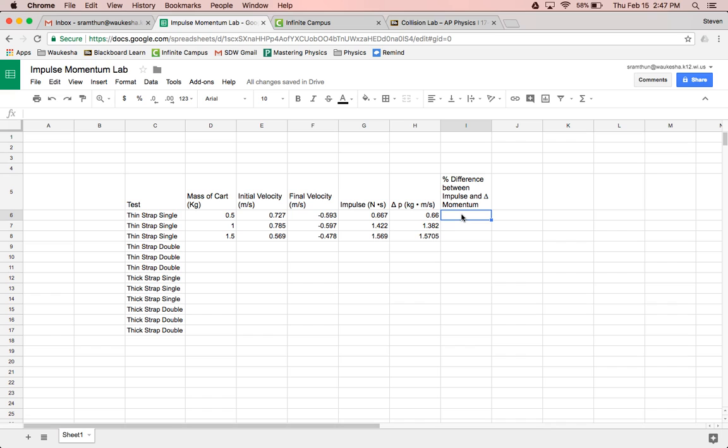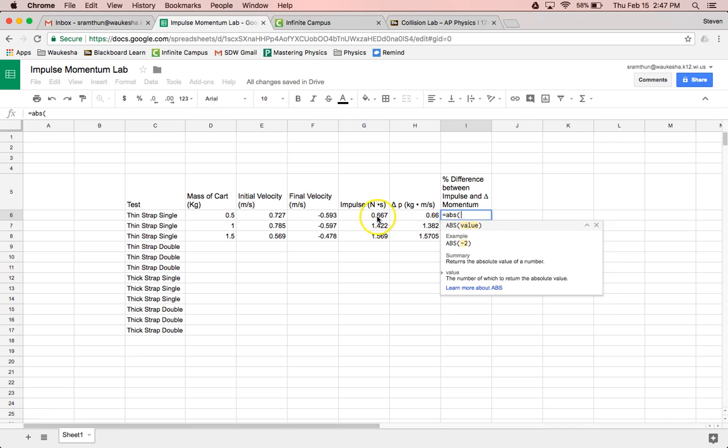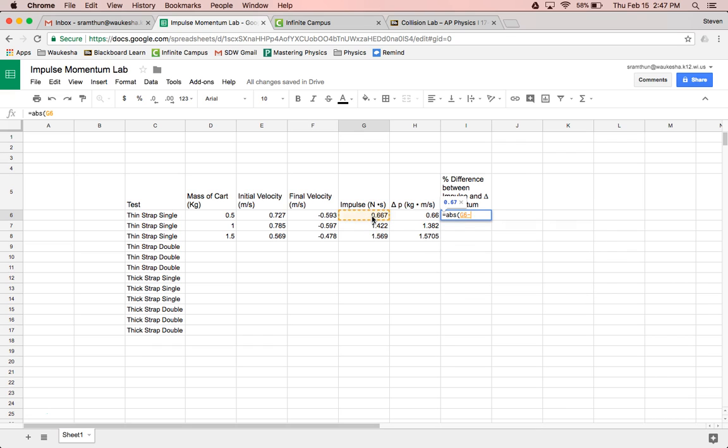Percent difference, exactly the same way we did it with Collision Lab. I'm going to turn on math. I'm going to go absolute value so I don't have any negative numbers. I'm going to subtract impulse and change in momentum, so it doesn't matter what order I do it in since it's going to be absolute valued anyway. Subtract that change in momentum, close up the